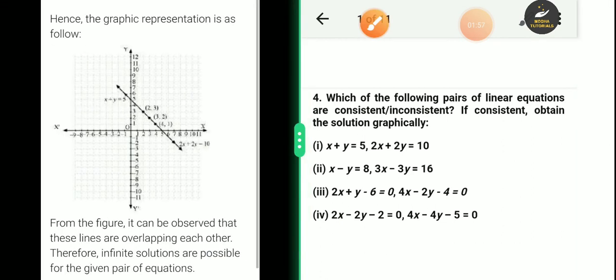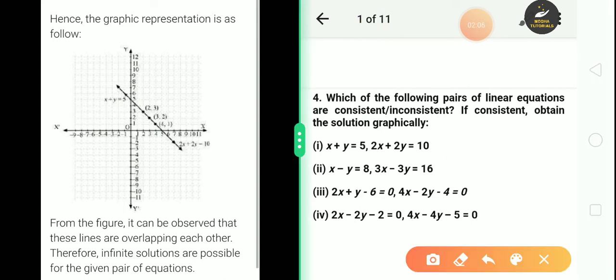So first draw a Cartesian plane, that is using x and y axis and proper scale. Okay, so if you can observe, after plotting the points, we are getting the same line for both equations. Okay, because the ratios were equal. a1 upon a2 is equal to b1 upon b2 is equal to c1 upon c2. It means coincident lines.